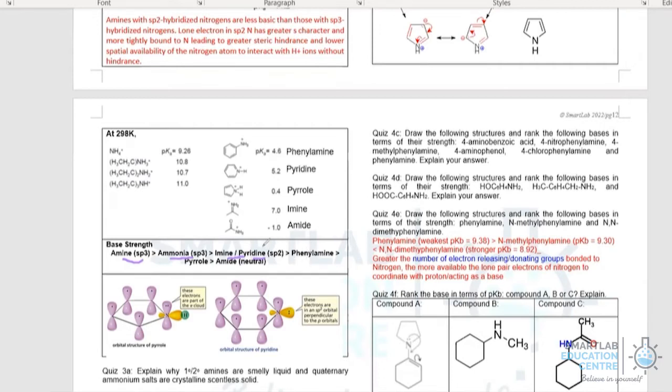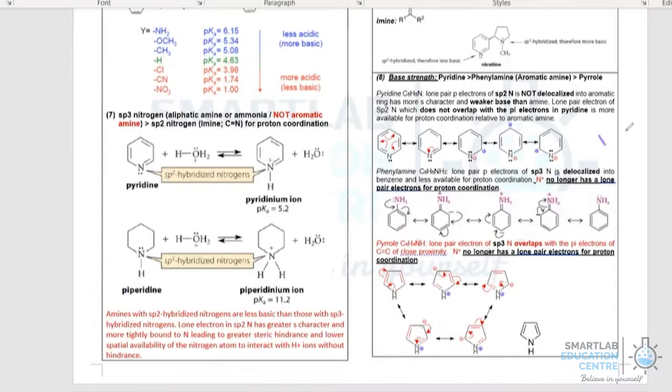And let's now take a look at why pyridine is a stronger base than phenylamine and pyrrole. This is the structure of pyridine, this is the structure of phenylamine, and this is the structure of pyrrole. In the case of pyridine, nitrogen is sp2 hybridized, this nitrogen is sp3, and the nitrogen here is also sp3. Then why is it not the case that the